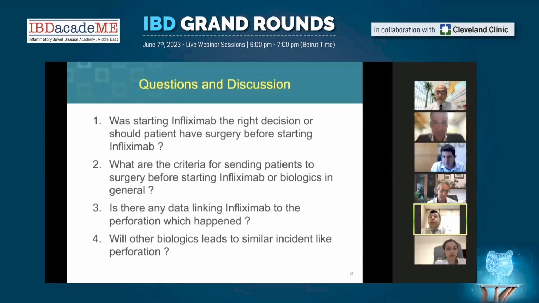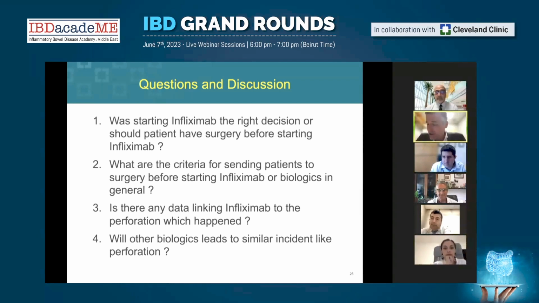the surgery, which I would be interested to hear from all the experts at the end: what kind of surgery would have been best in this case, with all the fistulas and the rectal and ileal strictures? It would be interesting to see what kind of surgery this patient would end up having. That's going to be one of the big questions. And I saw Dr. Cohen's hand up, but before I go back to Dr. Cohen,